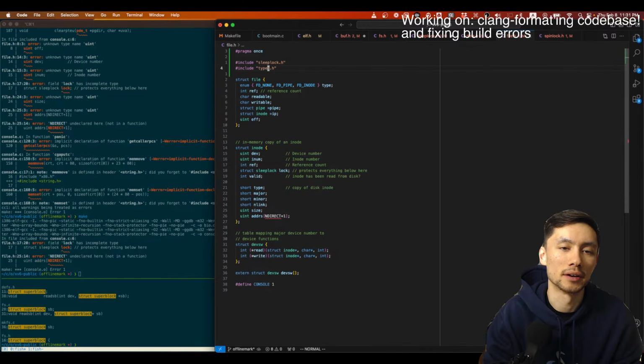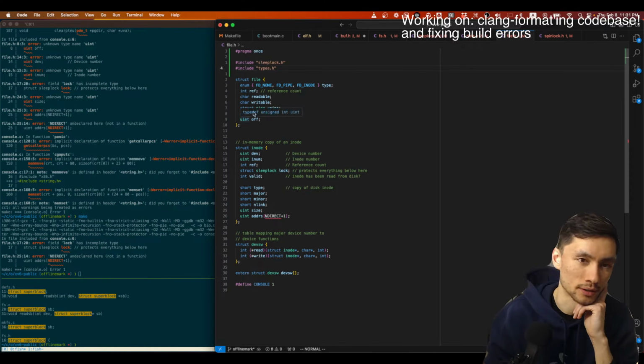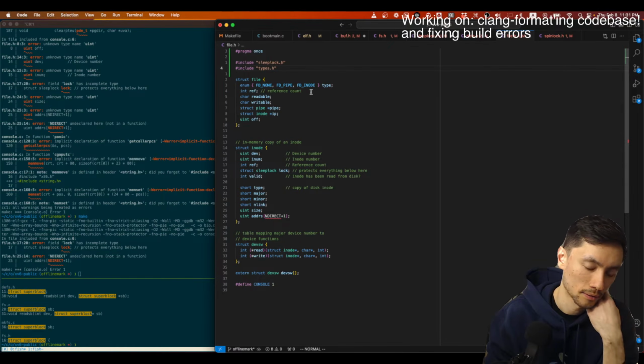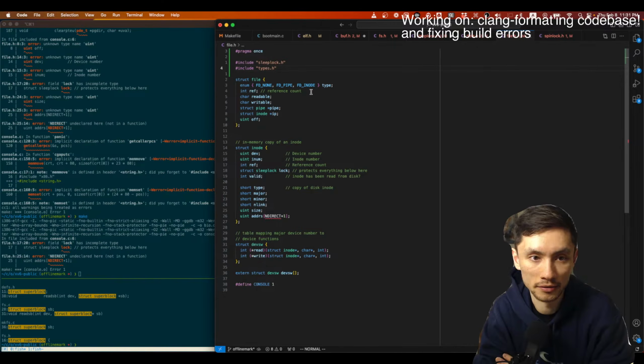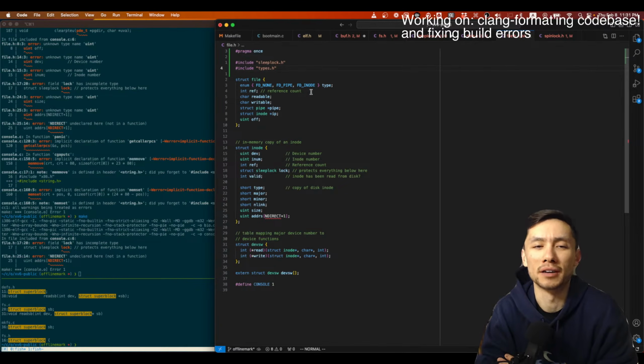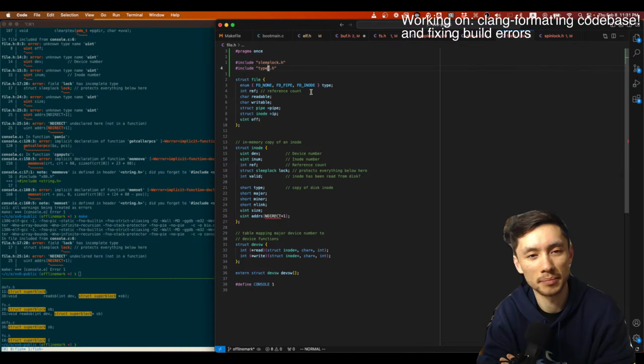Eventually I think I might clean up the uint thing. Personally, I'm not a huge fan of a lot of custom, non-standard types like this.